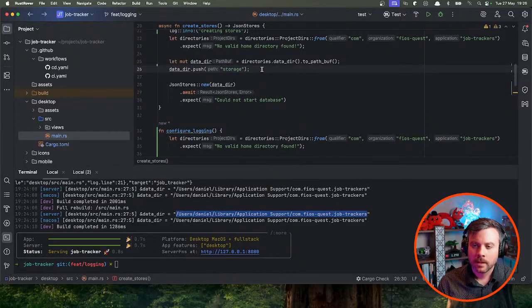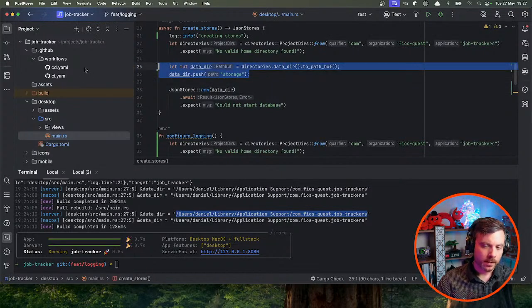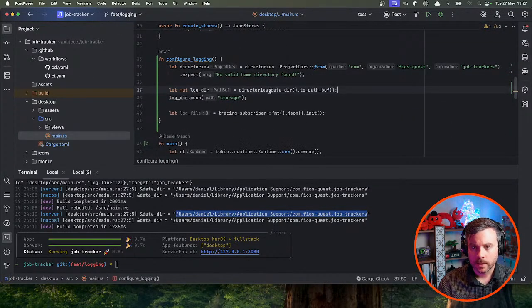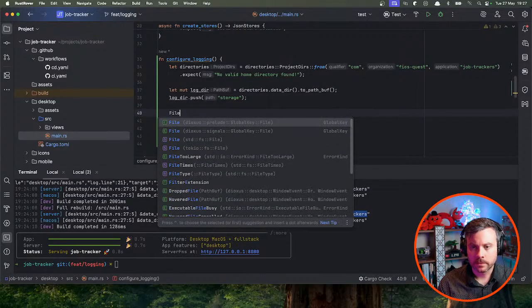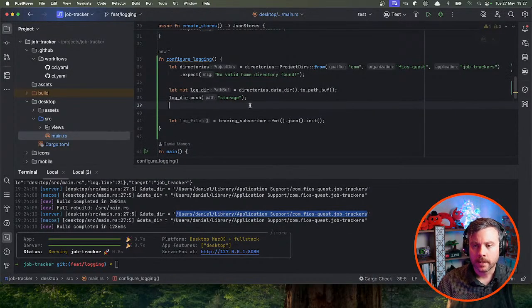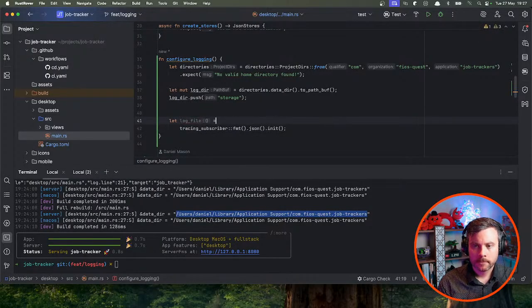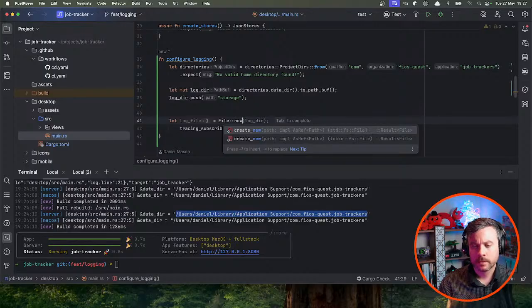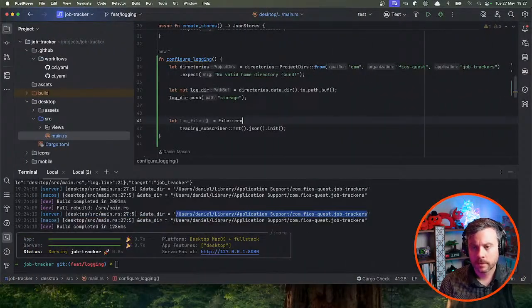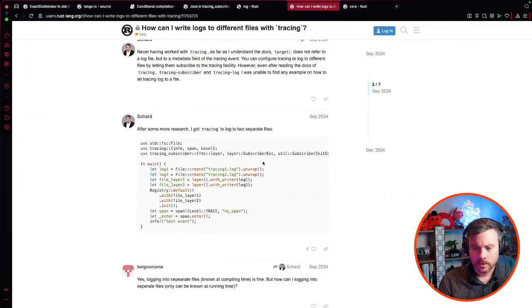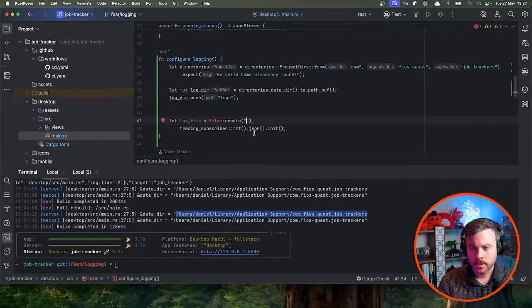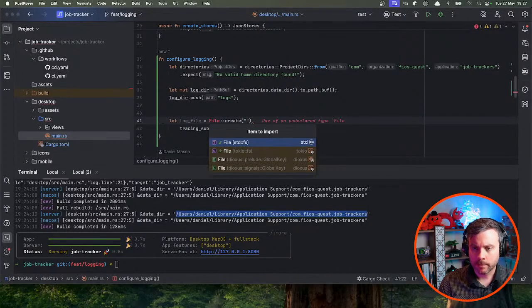Anyway, let's move on. So yeah, sorry, that's the thing we're sort of copying. That's here. So now we get file. Oh, that's what we were looking at here. Sorry, I've made a bit of a mess with that. File, new, create apparently. Oh, nearly made a mistake there. This is going to need to be, I think we can pass in a path buf in here. So maybe this isn't going to be log dir, maybe it's going to be,